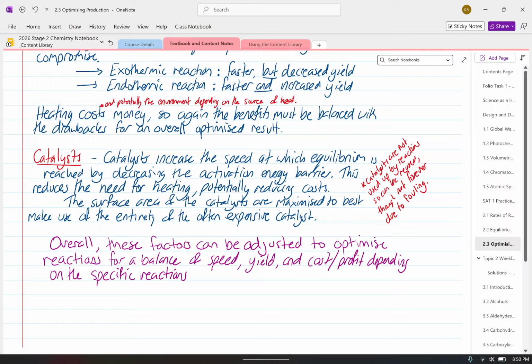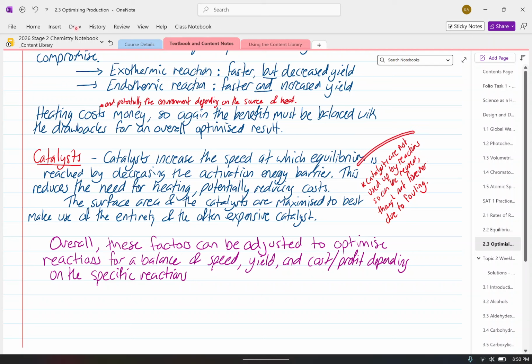Using a catalyst makes reactions faster. It means you don't have to heat them as much, and this could potentially reduce the costs, as I mentioned earlier. You don't have to heat them up, so it could cost you less money. The one thing to worry about is that catalysts can be expensive themselves. So when they are used, they're often ground up into a fine powder so that the surface area of those catalysts is maximized. That way, you're using as many atoms of that catalyst as possible at every